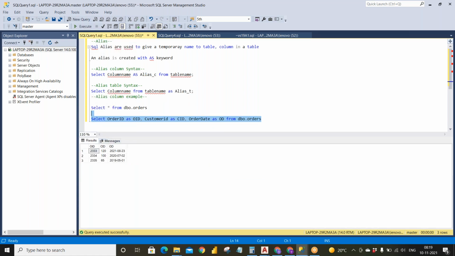See, OID, CID, OD. Depending upon your requirement for that temporary instance, you can give any particular name for the column, just to increase the readability. And suppose you want to give an alias for only one column, you can.